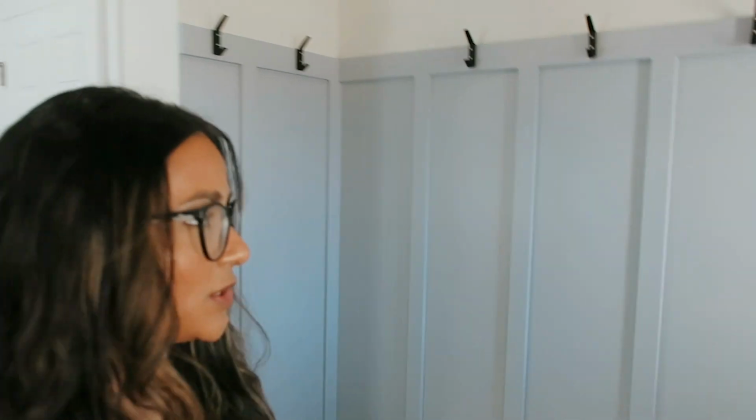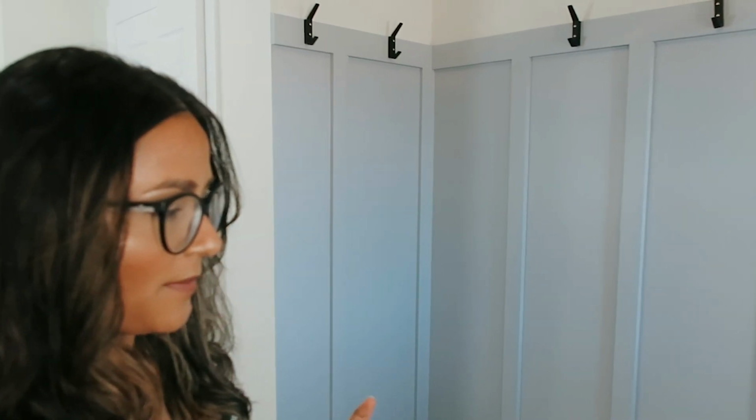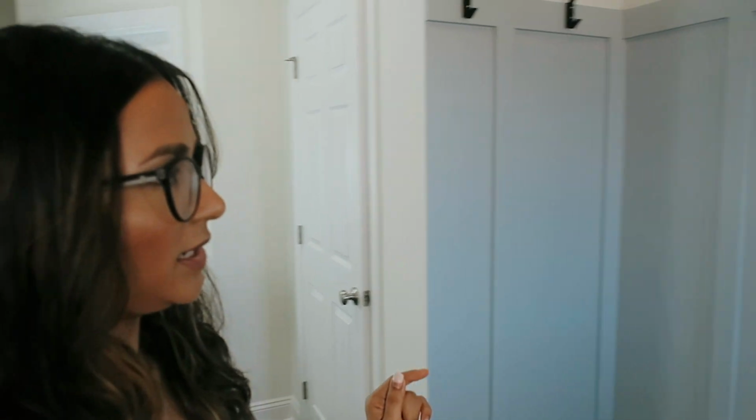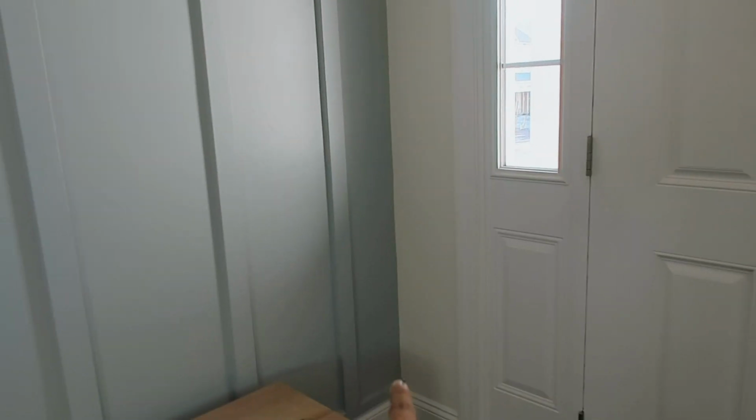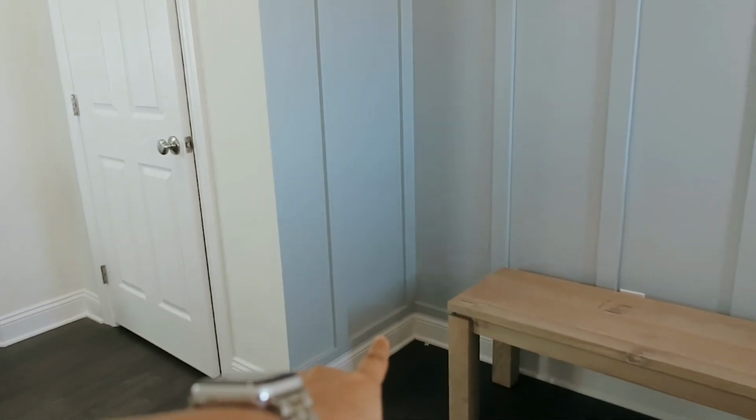And now I am just going to decorate the space a little bit more. There are a few more things that I want to do right now to this space. So what more I want to do is, above the board and batten, I want to maybe add a nice photo frame or a nice wall art or something, and then add 2 sconces on the 2 sides, or maybe just add 1 sconce. I'm not exactly sure. To put a plant in this corner,